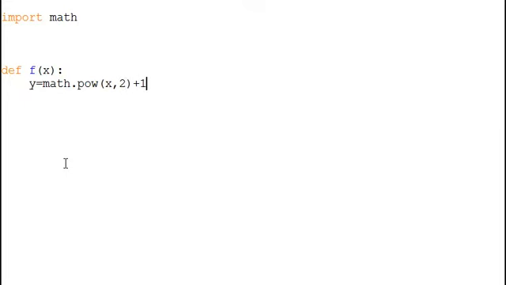Now there's another way of handling this power, and that would have been x star star 2. But we'll talk about assignment operators here in just a little bit. For right now, just remember this. Now we're going to return